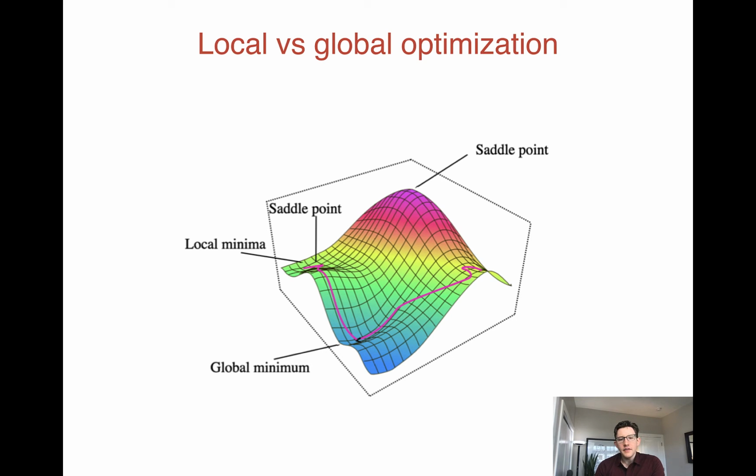One other thing that's relevant are what are called saddle points. These are places where the gradient of the function, its derivative, is 0, but that are not a local or global optimum. Examples are here, and here, and here. So saddle points can be tricky